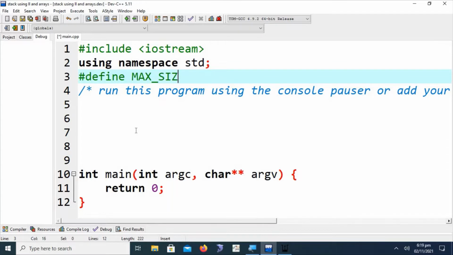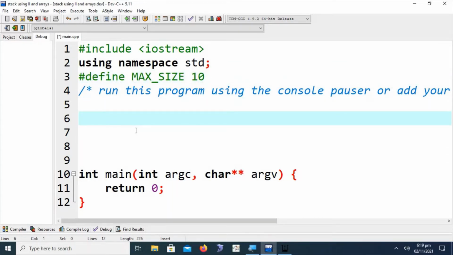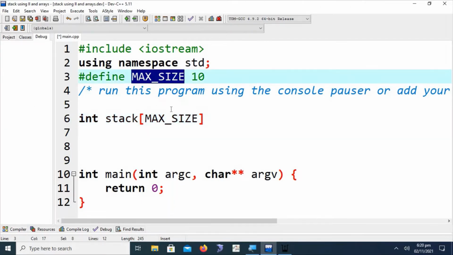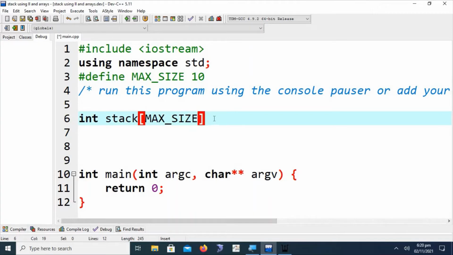Max size, it may be 10. Okay, after defining the max size of the stack, we are going to declare an array named stack, and its size is max size, as we have specified here. The same will be here. Okay,